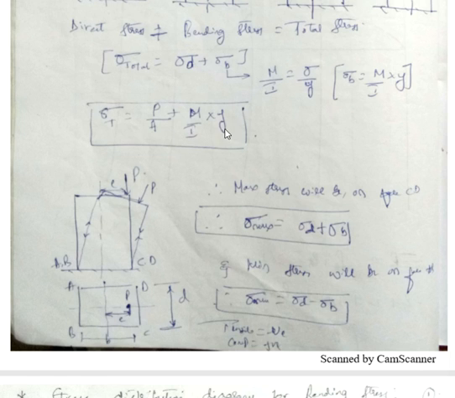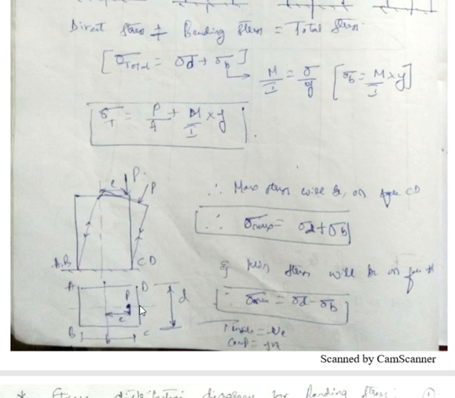Iyy. Then what is the value of y? Y is nothing but the distance from the neutral axis to the extreme fiber. See, if this is a cross section, this is the neutral axis. Since it is bending with respect to the y axis, I need to take the y axis along the neutral axis, and the distance from this neutral axis layer to the extreme fiber in the perpendicular direction.